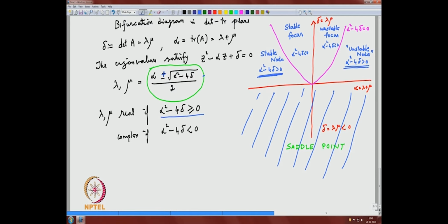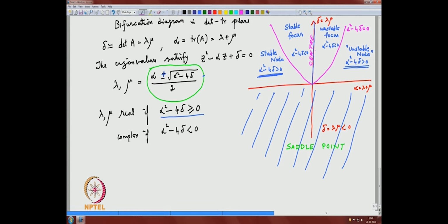Okay. So, you have to understand that this entire region is where delta, equal to lambda mu, is positive. So, you will have a region here with delta lambda mu positive and lambda plus mu positive, that gives you both lambda and mu are positive, and here you will get the stability. What about this line? On that line you will see that the real part is 0. So, that is a region where you have center, you see.